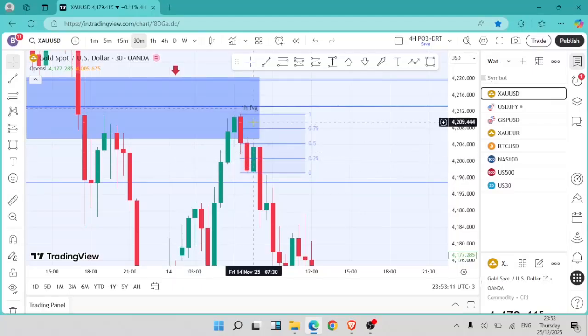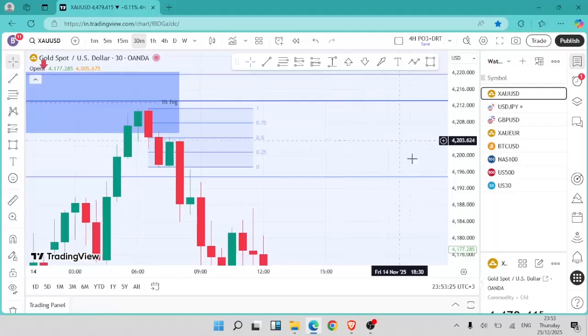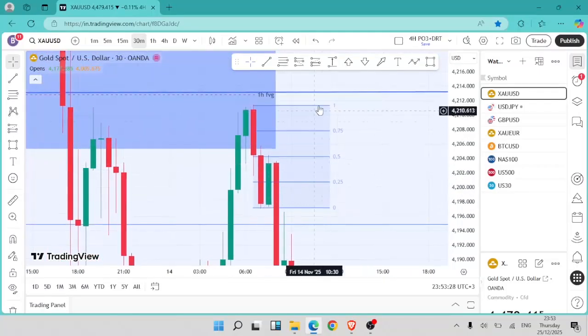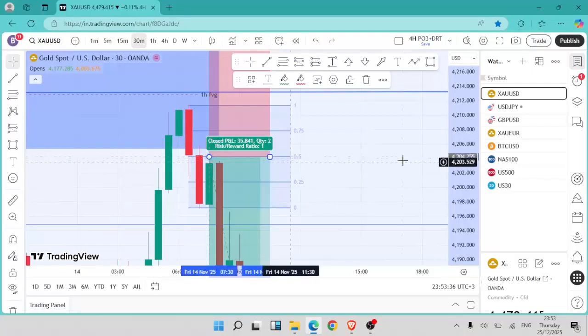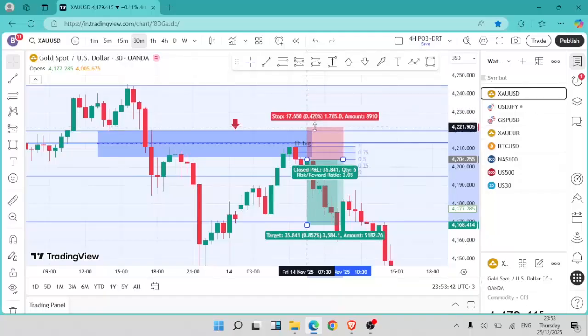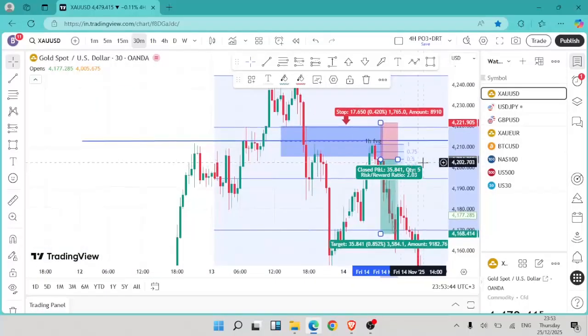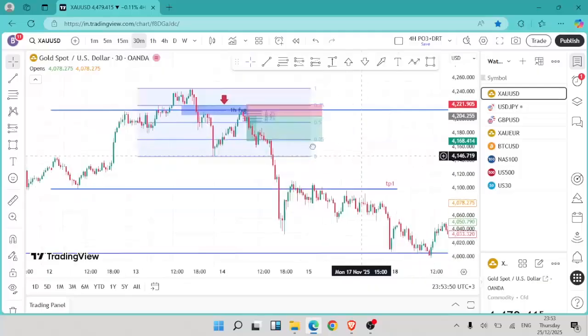this engulfing pattern to go lower, that gives us this change in state of delivery right here, this change in state of delivery, and that is why we mark it like that. And then we want price to come to the 50% or the premium zone of this dealing range, and that is now where we set our trade for sales. And then when you do that, we set our stop loss just above this fair value gap, this 1 hour fair value gap. And then